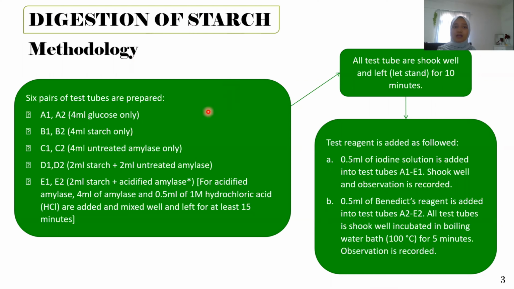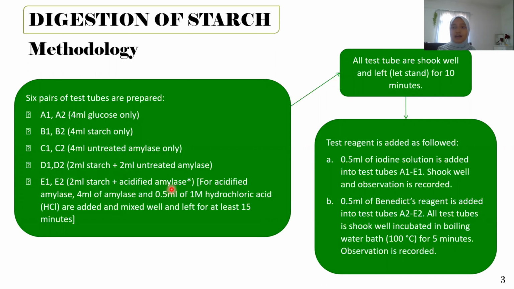For the first one, we need to prepare 6 pairs of test tubes. For the first pair, we label it as A1 and A2 with 4 ml glucose. For the second pair, B1 and B2 with 4 ml starch. Then C1 and C2 with 4 ml untreated amylase, D1 and D2 with 2 ml starch and 2 ml untreated amylase. And for the last pair, we label it as E1 and E2 with 2 ml starch